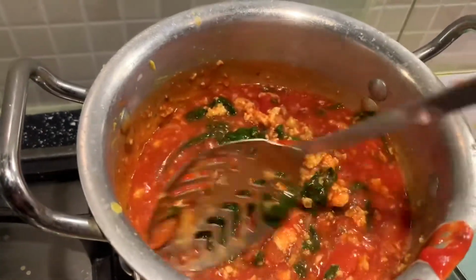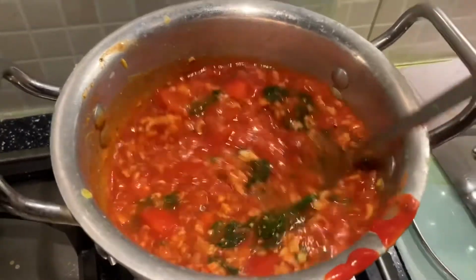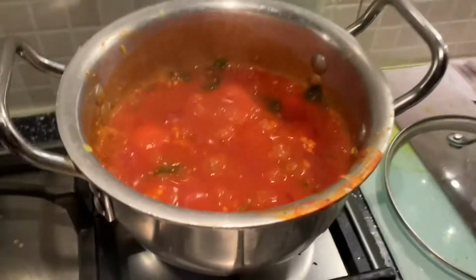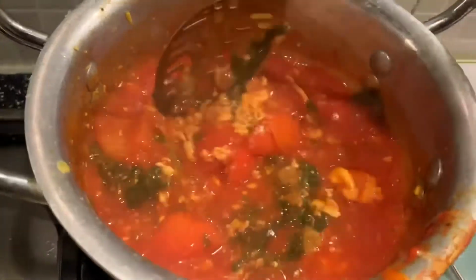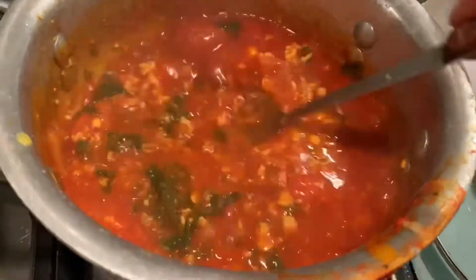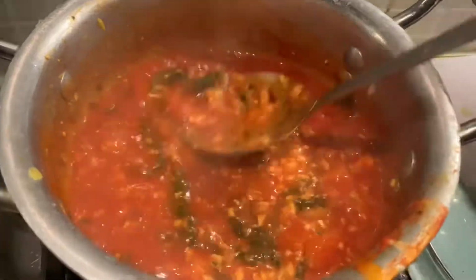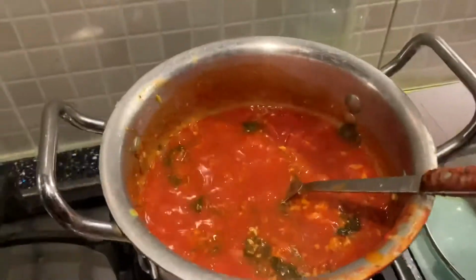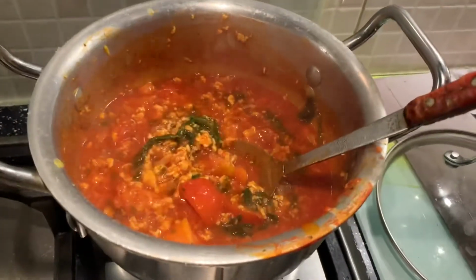You can see it's a very nice colour. I'll let that sit for about 10 minutes. Once that has gained a nice colour and the base has, you know, kind of softened a little, you can crush the fresh tomatoes so it becomes a bit softer. And next up, you want to add the pasta in. So for the pasta here, grab that,